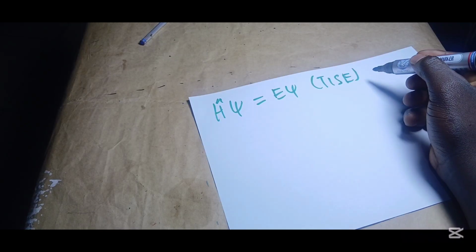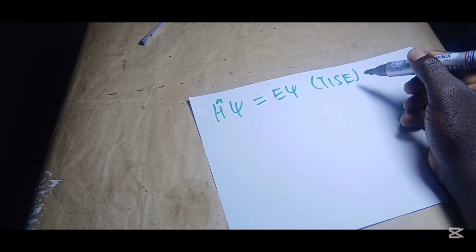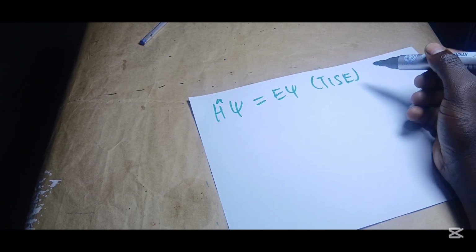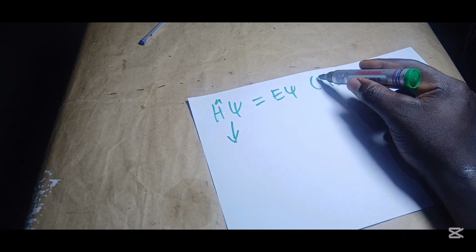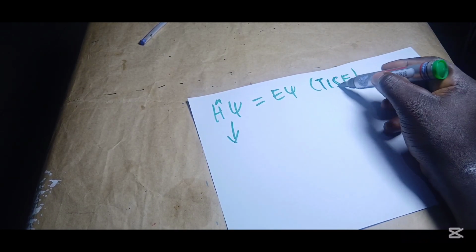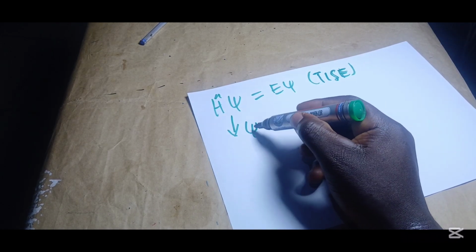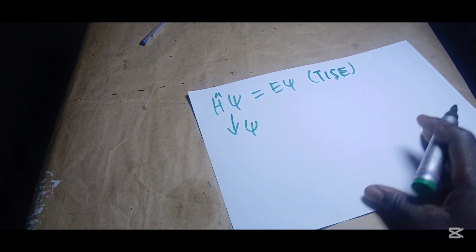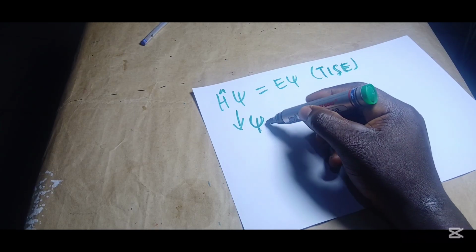The Schrodinger equations are the foundation for quantum mechanics. We know that solutions from them give us many wave functions. The solution from this, the general time-independent Schrodinger equation, gives us wave functions, which we usually represent with psi. And from Born's interpretation, if we get solutions from this equation,